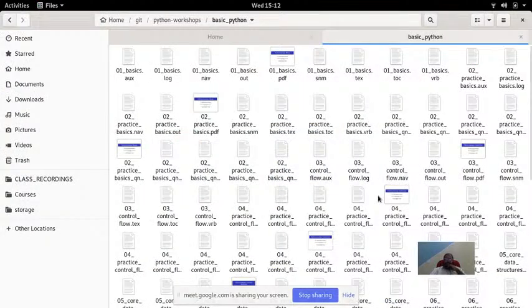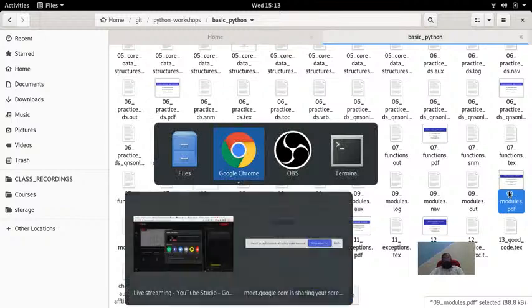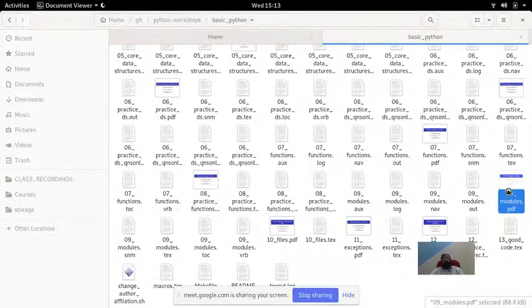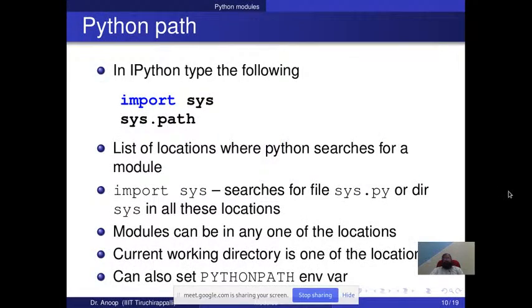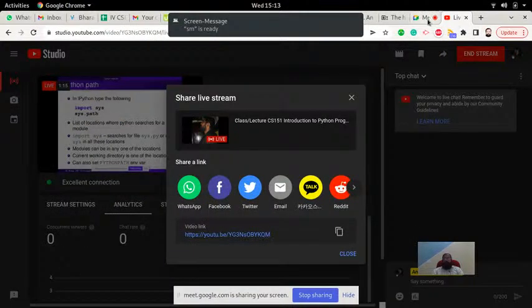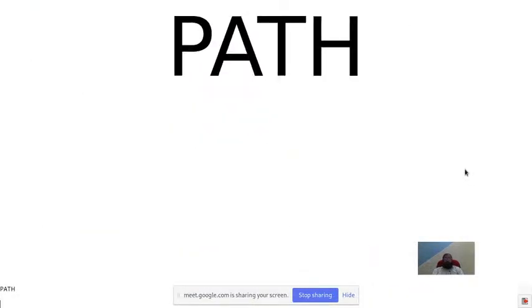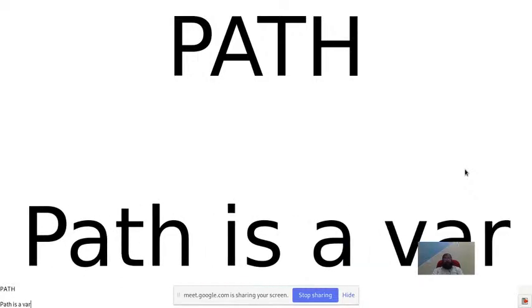Okay, so we were discussing modules yesterday, and I discussed the path yesterday with you. So the reason why I discussed path, so what did I say? I mentioned that I discussed something called path. So I'll just type it over here, path. Okay, path is a variable